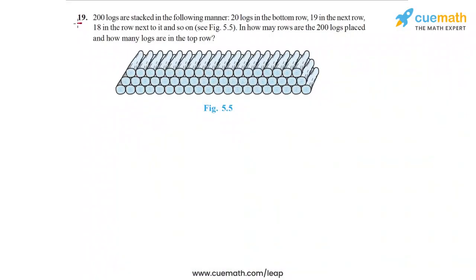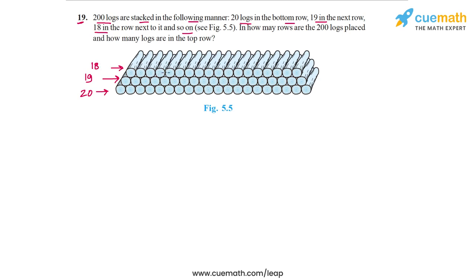The problem statement in question 19 of this exercise says 200 logs are stacked in the following manner: 20 logs in the bottom row, 19 in the next row, 18 in the next row next to it, and so on. So if you look at this figure, here's what you see. You see this bottom row with the most number of logs. There are 20 logs in this bottom row. Then in the next row there are 19 logs, and then in the row on top there are 18 logs,